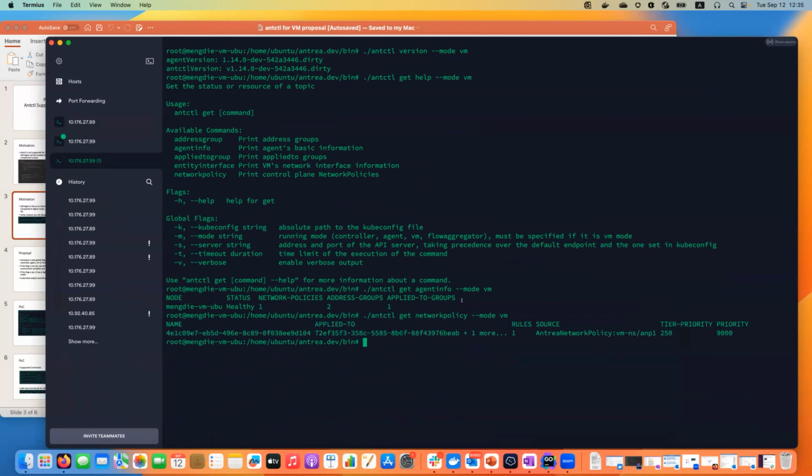And there's no change for the network policy output. But for the apply to group and address group, I have adjusted a little bit. Previously, it will show the field pods here, and for VM mode, the apply to are only external entities. So here we only show the external entities instead of pods. And for address group,